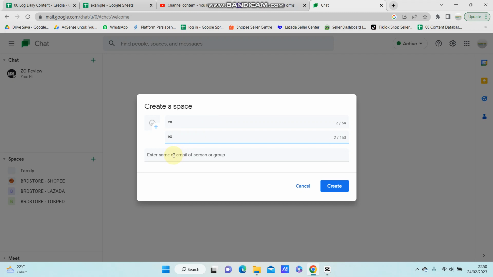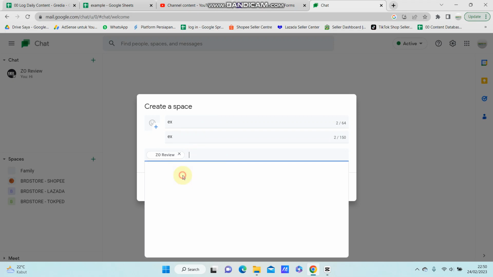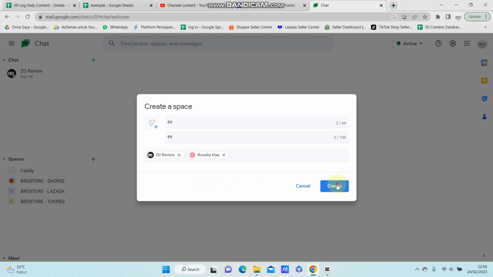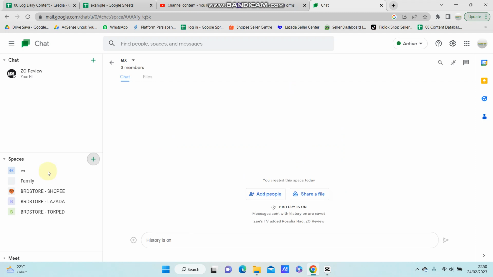So you can enter person. Alright, just click create. So the space has been created. And how to